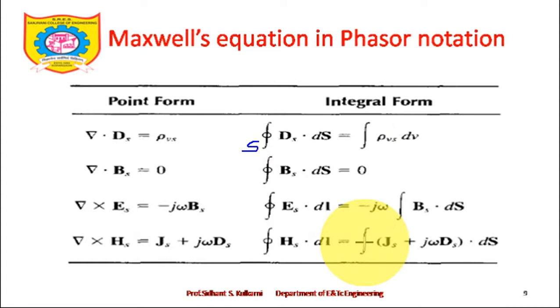So try to understand those four Maxwell's equations which you already studied as part of unit number 4. If I want to represent the same Maxwell's equations in phasor notation, why does one need to do so? Because it is much easier to operate with phasor notation, as there is no time dependency. We just saw in the previous slide that when we talk about phasors there is no time dependency, but whenever I am talking about an electrodynamic field, time comes into the picture and we cannot ignore this time dependency.